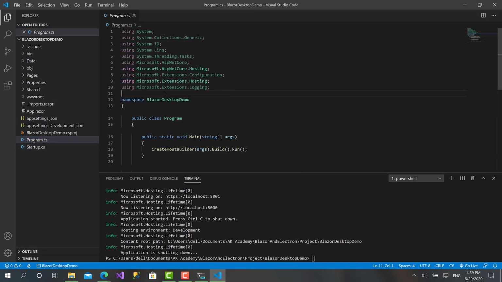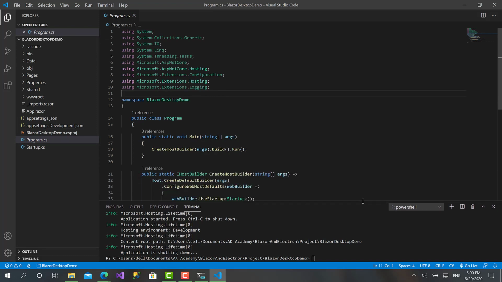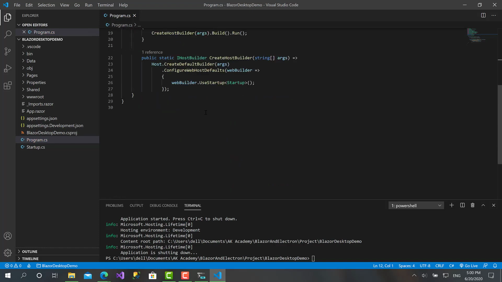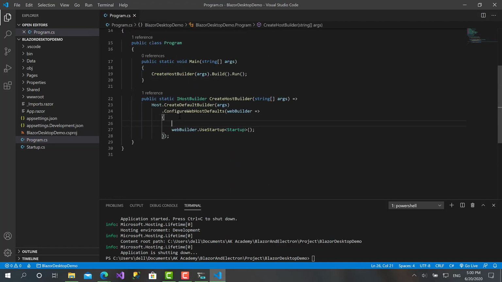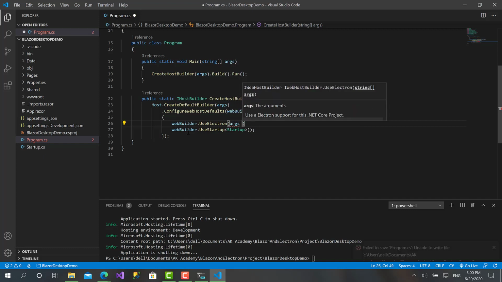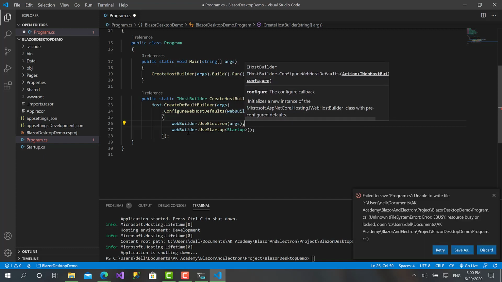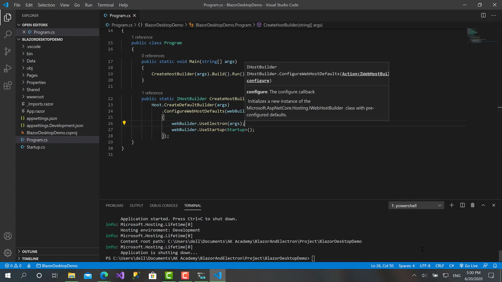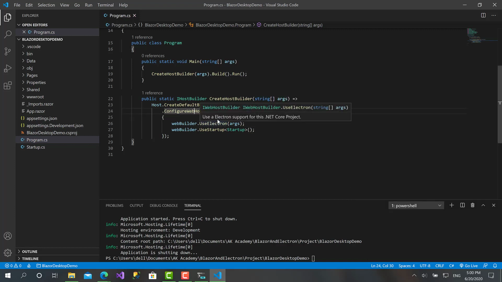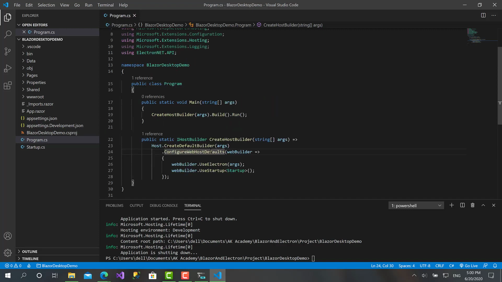Let's go here and add using ElectronNET.API, like that. And here in the CreateWebHostBuilder, you will use webBuilder.UseElectron and pass the arguments. This function will add support for Electron in our project. As you can see, it's UseElectron support for that .NET Core project. So in this way,